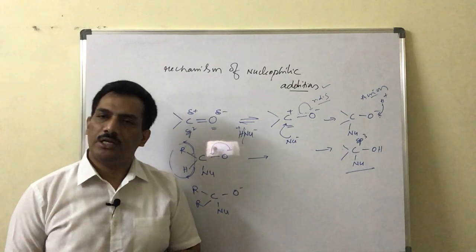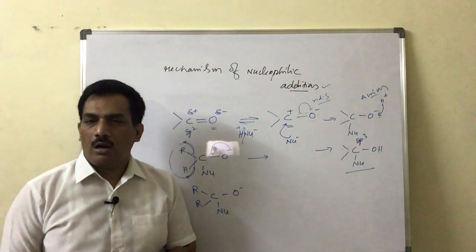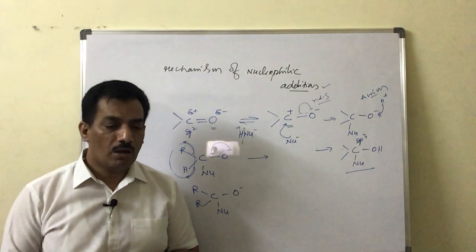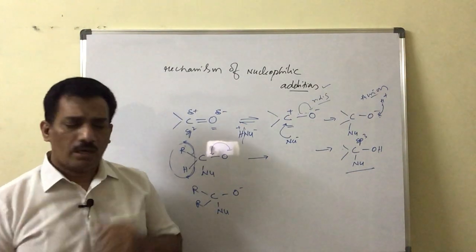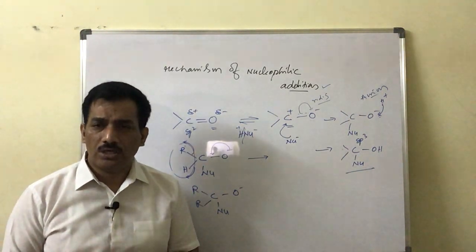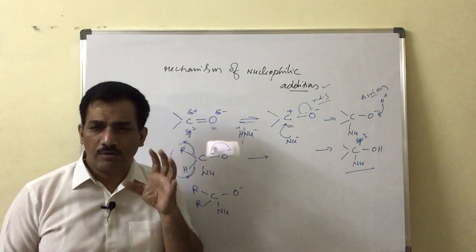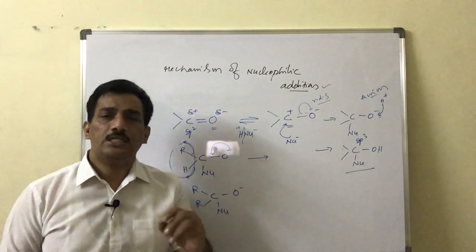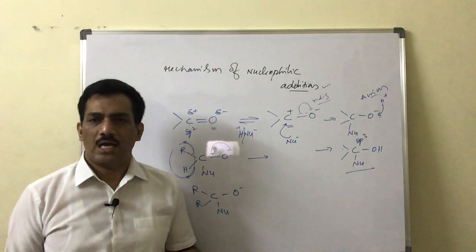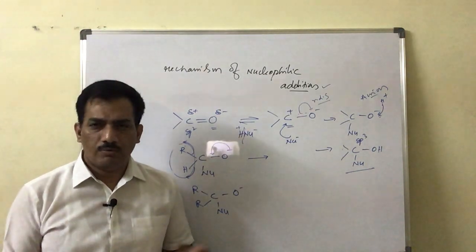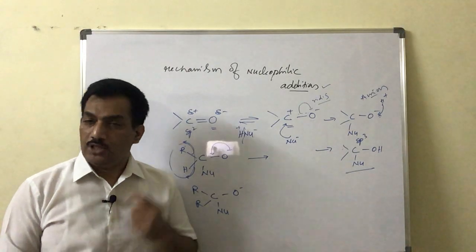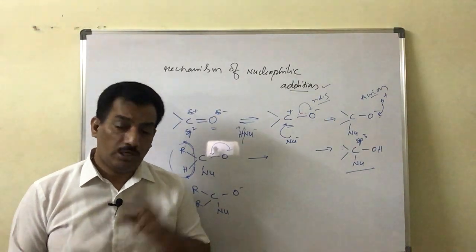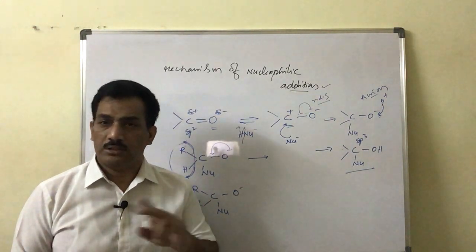And this type of nucleophilic addition reaction in carbonyl compounds may be catalyzed by acid or base. But just remember, whether it is catalyzed by acid or by base, the nucleophilic addition of these carbonyl compounds with a particular reagent always gives the same product irrespective of the catalyst. That means we can use acid as a catalyst for the nucleophilic addition of a carbonyl compound with a certain reagent. With the same reagent, for that addition reaction, we can also use base as the catalyst. But in both these cases, the final product is the same.